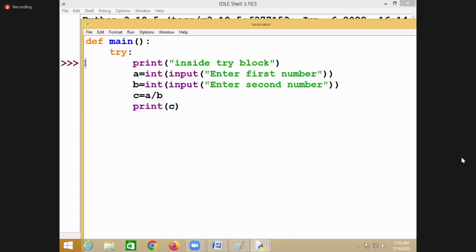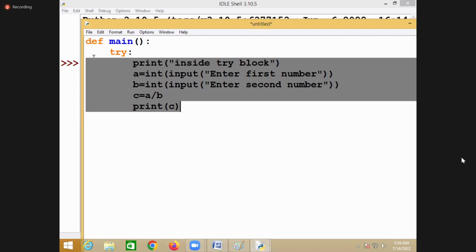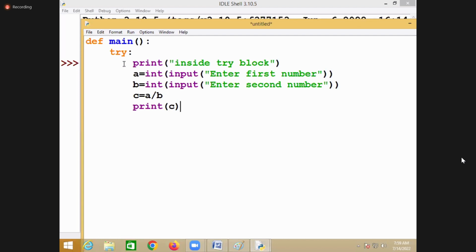The statements which generate errors. Whichever statements raise an error, you write those statements in the try block.